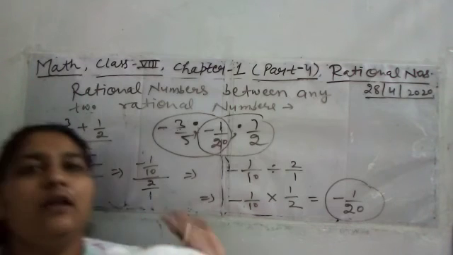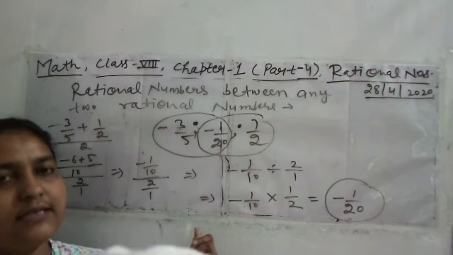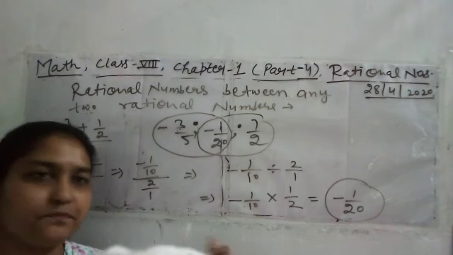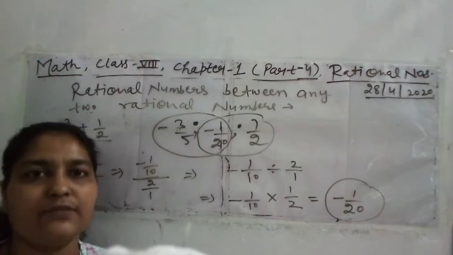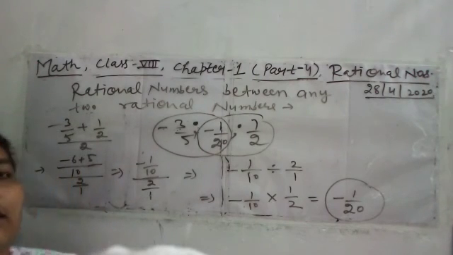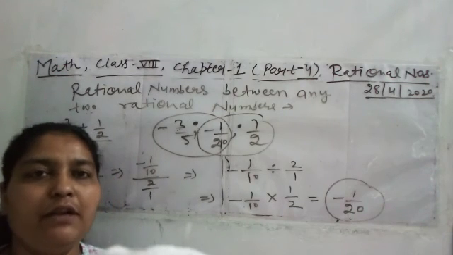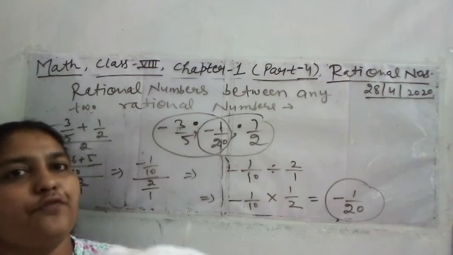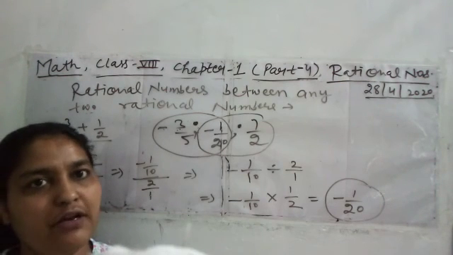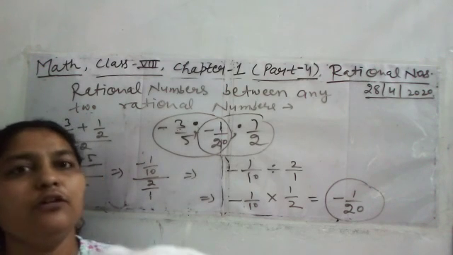Okay students, now one worksheet will be provided to you in your app regarding these concepts which we have done today. Tomorrow, or in our next class, whenever our next class will be, on Monday and Tuesday, we will discuss properties of rational numbers. After properties of rational numbers, this chapter will be complete, and after that we will start the new chapter.